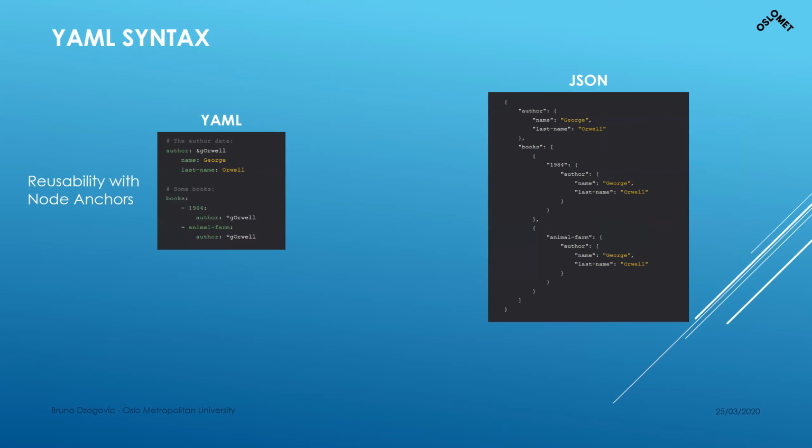Then, for example, you can have anchors. The node anchors are, let's say, in JSON, this gets a little bit more complicated. You have to get used to the parentheses. So if you don't close the parentheses, this gets out of control. It has to be indented. So that's where YAML starts shining, because you don't really have to do that. You just put books, and in the books you can define 1984 and author, whoever it is, Animal Farm, author, whoever it is. So you just put the books and the author. So this is super, super great.